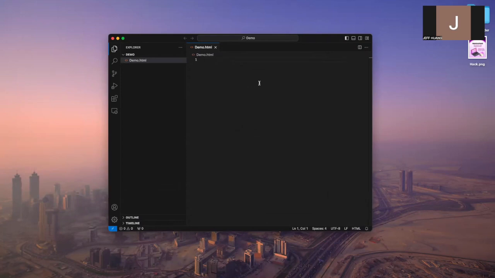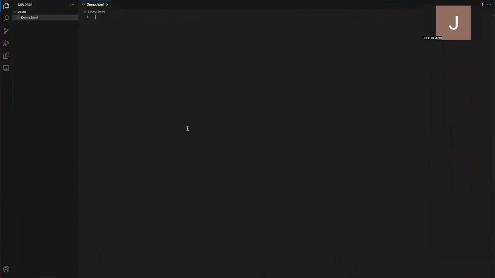If you've already downloaded VS Code, you probably already know files and stuff. But if you haven't, feel free to raise your hand, and we can also come around and help. Let me make that bigger.